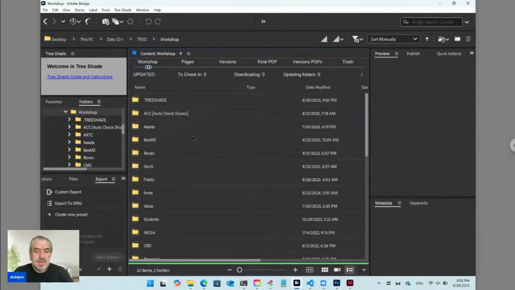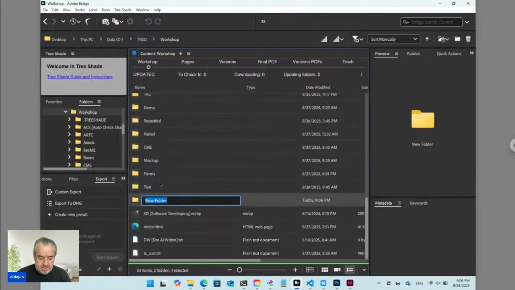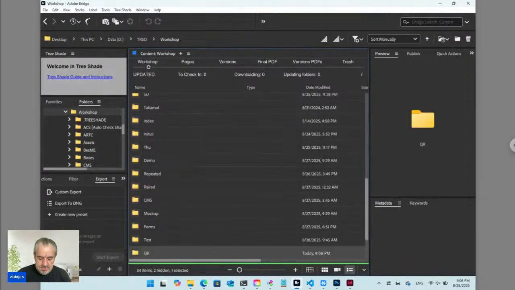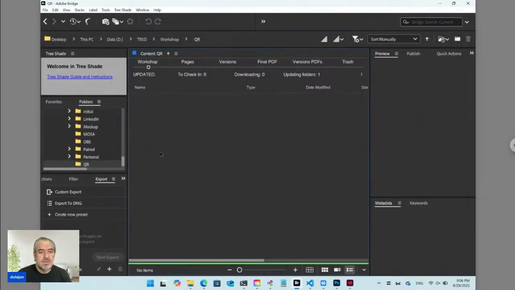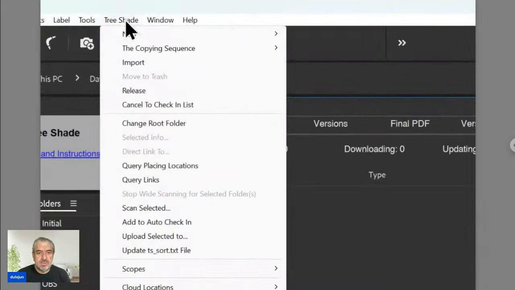So at first let's create a project folder inside workshop where you're supposed to put and edit your project. So inside the workshop folder, let's create QR for testing. Okay, now inside QR let's create an online form by selecting from the TreeShade menu